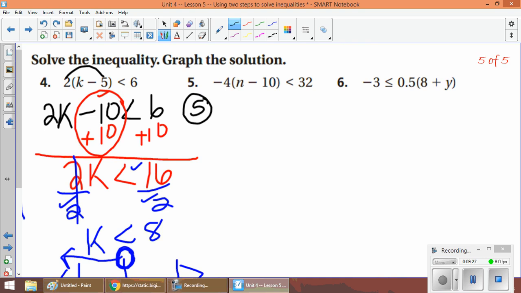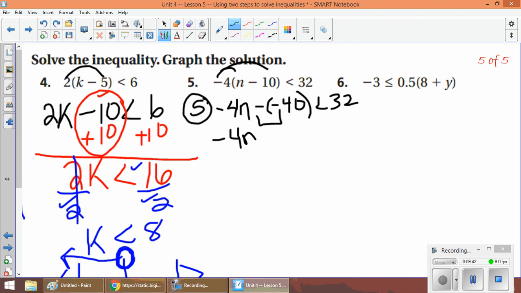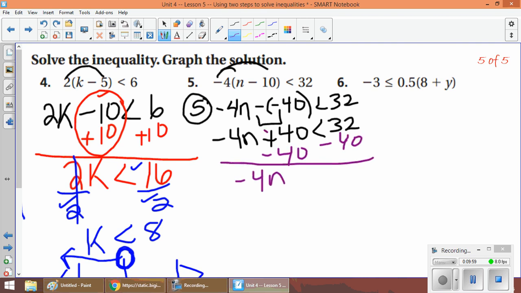Here's number 5. We're going to distribute this -4. So -4n minus -4 times 10 is -40. It's less than 32. I'm going to rewrite this as -4n, add opposite. Okay, so what I'd like to do now is get rid of this +40 by subtracting 40. So -4n, these guys cancel, is less than